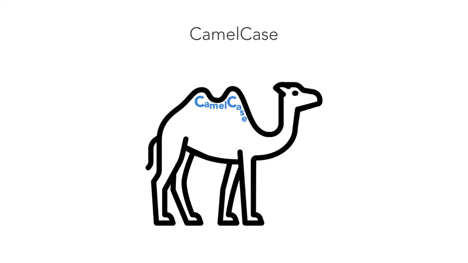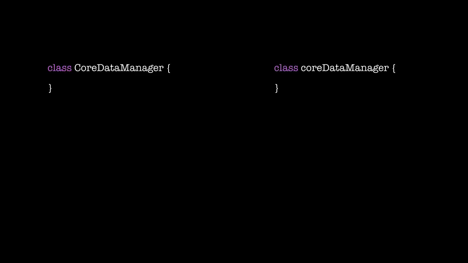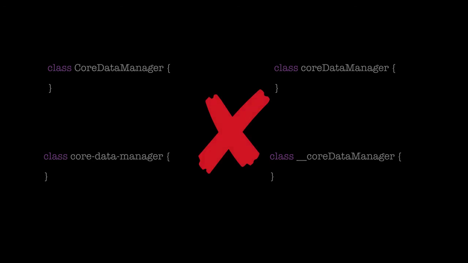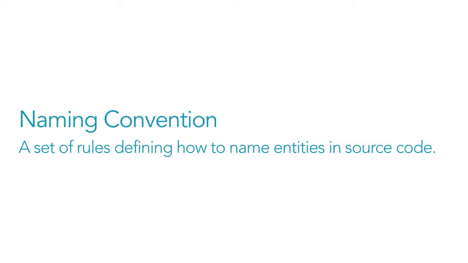Why do we need rules? Why can't we just use any character sequence to name our classes? Well, we could do that. Yet, a naming convention lets us focus on important issues instead of arguing over syntax and names. With a commonly accepted set of rules, we can easily read the source code written by other developers, even if they are from another company, country, or continent. Standards are useful. Alright, so our class name should be a noun in upper camel case.